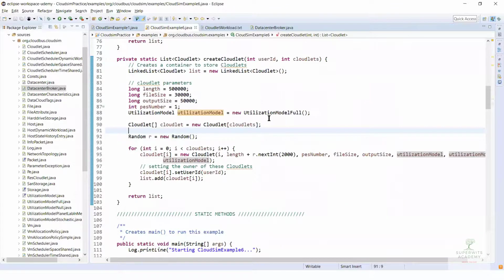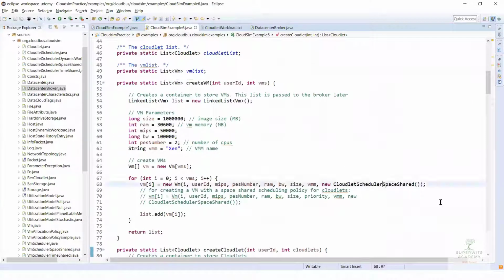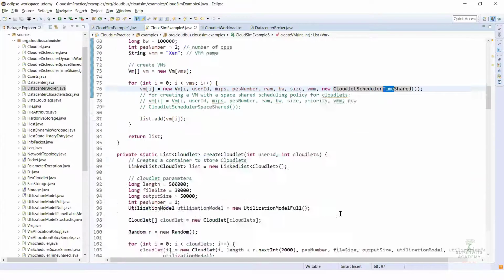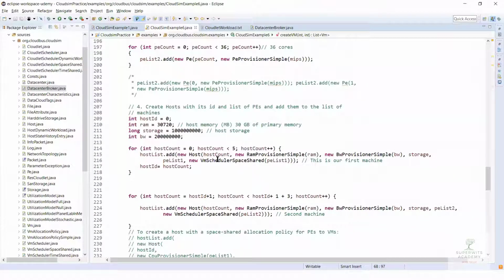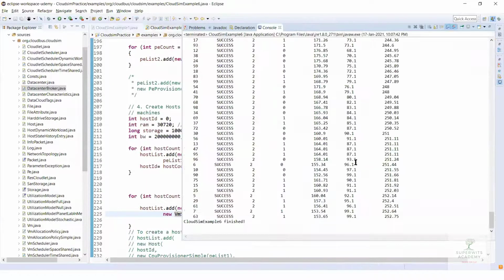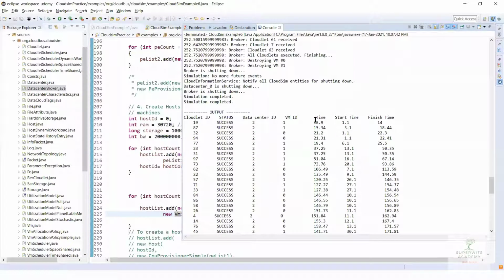So even if we wanted to test that, maybe I change it to time shared, just to be very sure that what I have just said is true, because sometimes there are a few things which I test. Then again I run it. Okay, great.